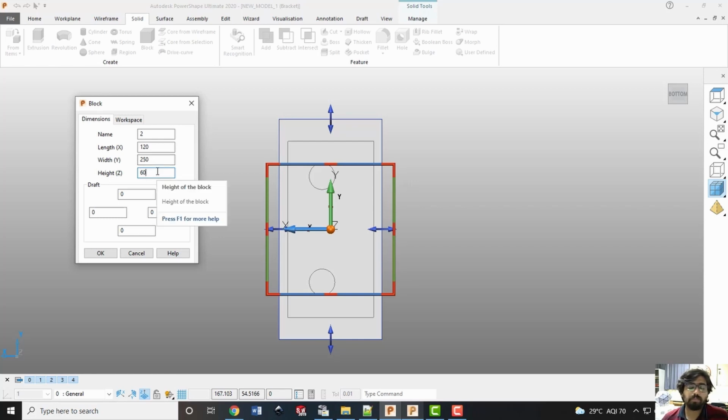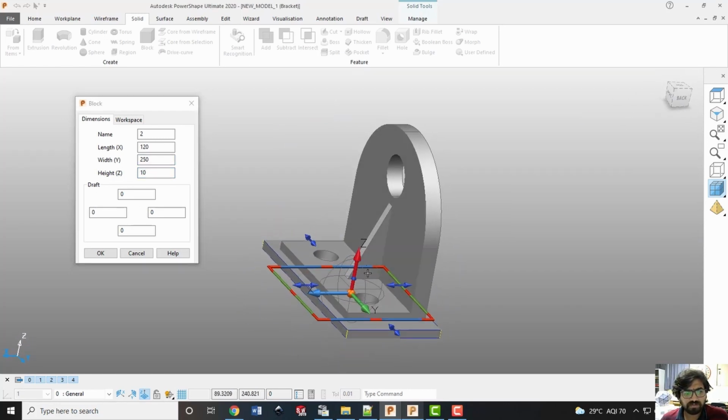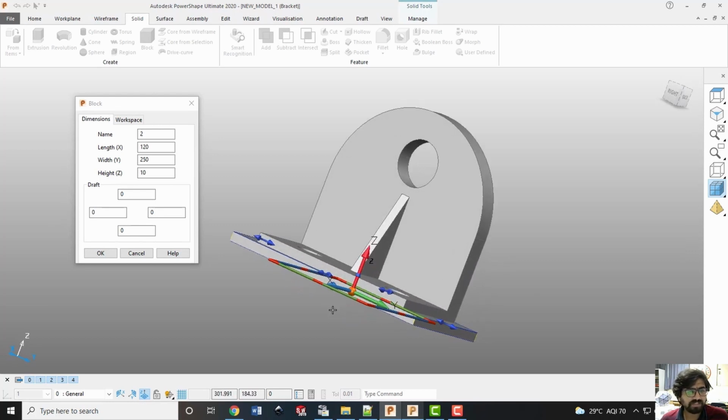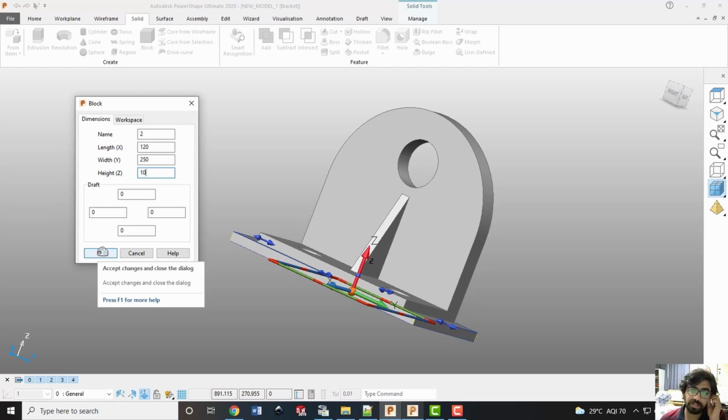Definitely you may need some portion of the substrate to clamp also, so you can accommodate all these variables here. Then the height of the substrate I am assuming to be only 10 mm. Now if I have a look whether the substrate is fine, yeah, it looks fine. But here what is happening, the substrate is inside the object. If you are not going to utilize the substrate as part of the object, or you want to build a few more parts on the substrate, then this substrate should be outside, not inward. Hence this part should move downward by 10 mm. It should not be exactly inside the object.